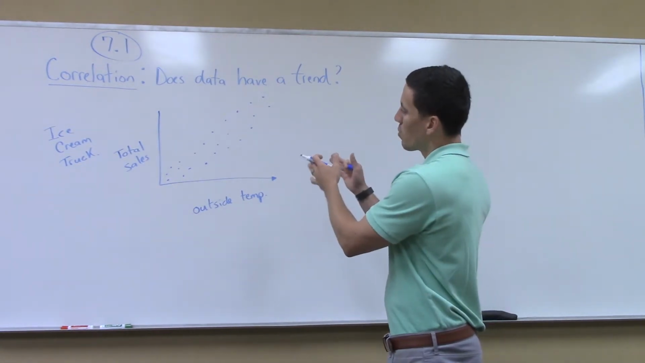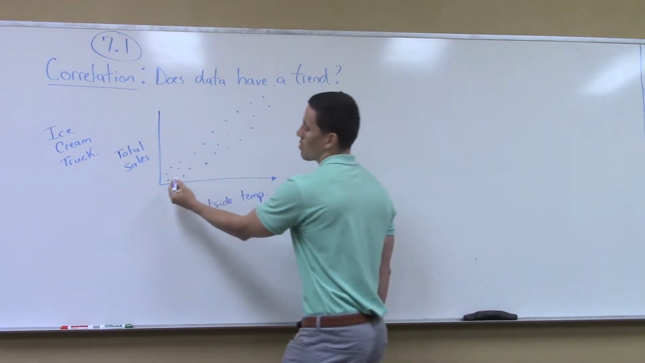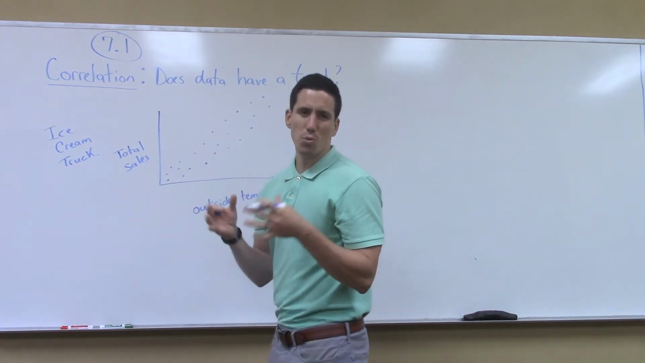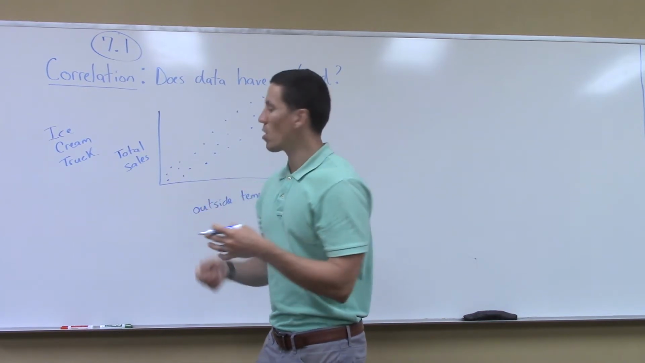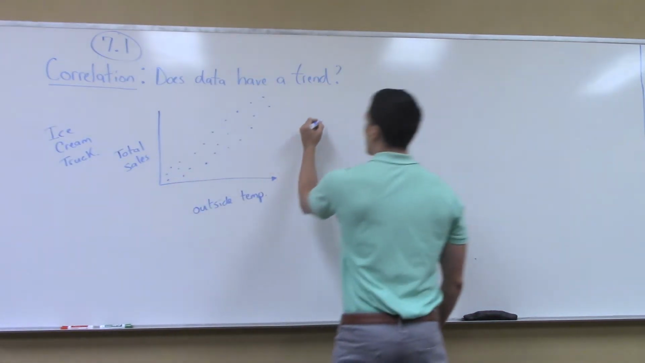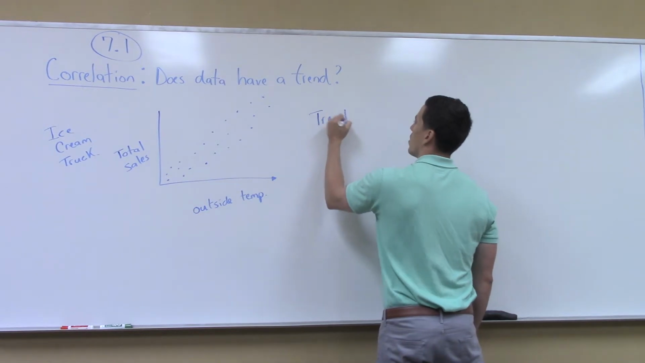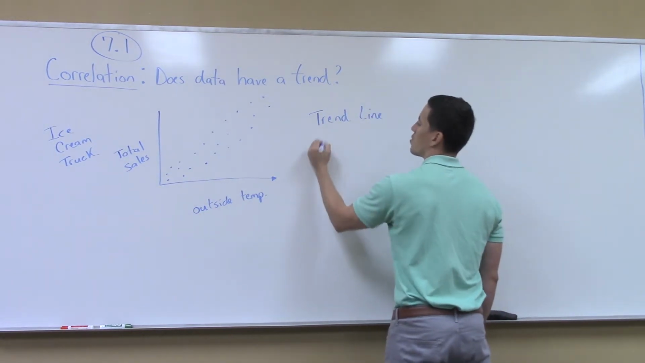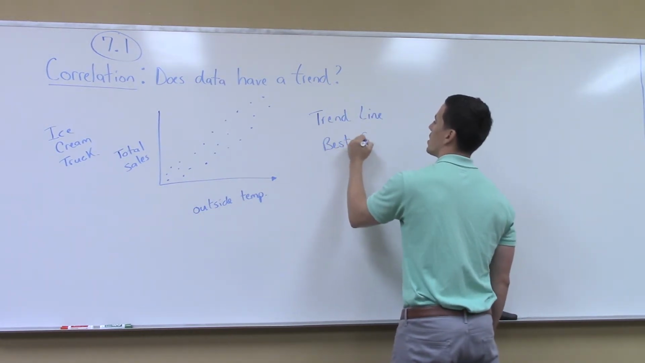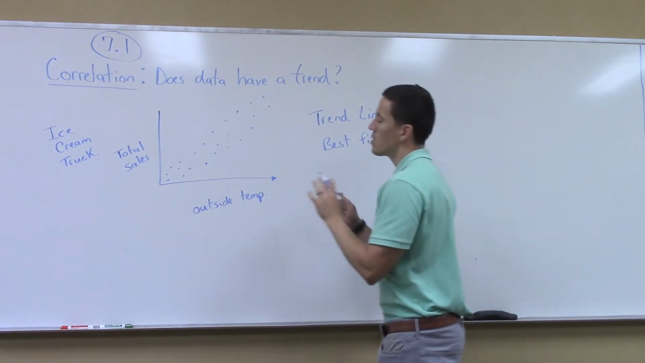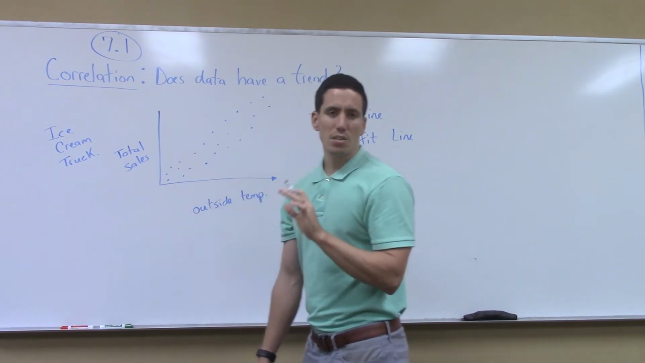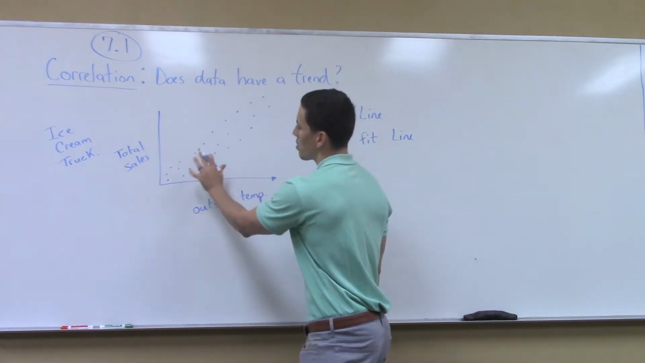What you can do with data on this, right now these are all just data points. We can't really put them into an equation. They don't have an equation of a line. So what we can use is something called a trend line, or you may also see it referred to as a best fit line,